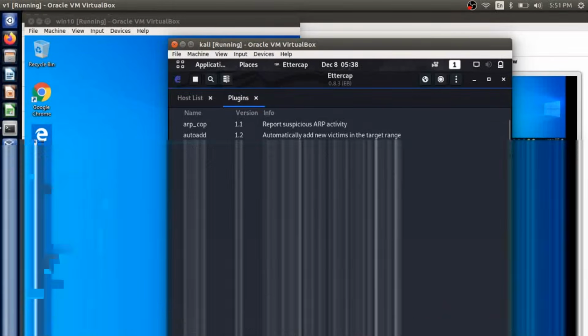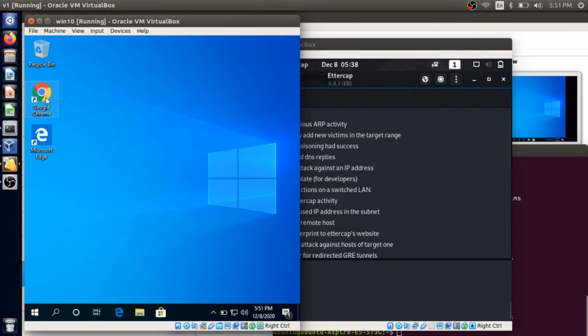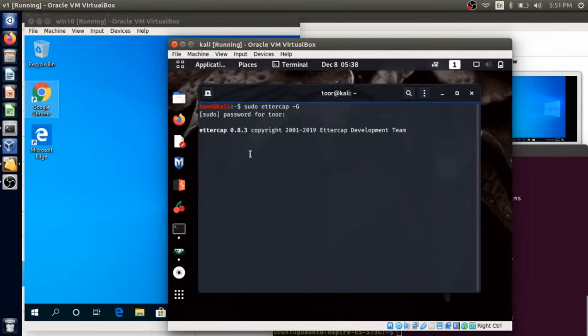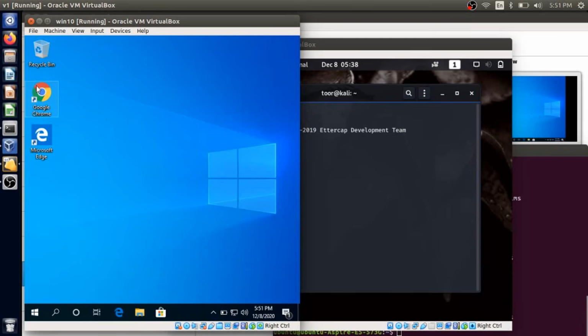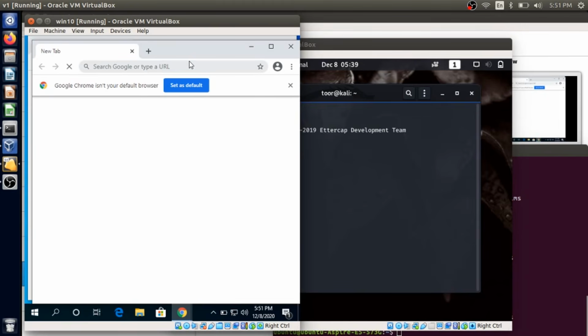Here this is the victim machine. I'm checking what I mentioned here in Ettercap.